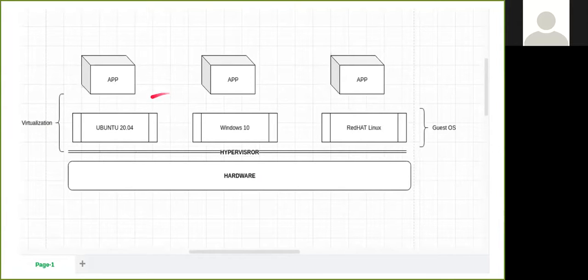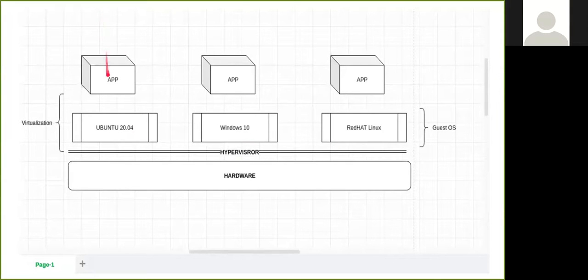As you can see, we have Ubuntu, Windows 10, and Red Hat Linux on the same hardware. How does this happen? Because the hypervisor creates an illusion for each and every operating system that it uses the entire hardware, but it actually shares the hardware with all the other operating systems.